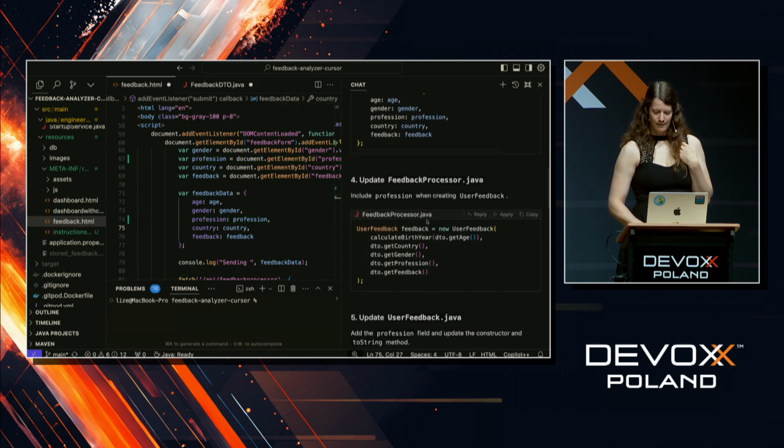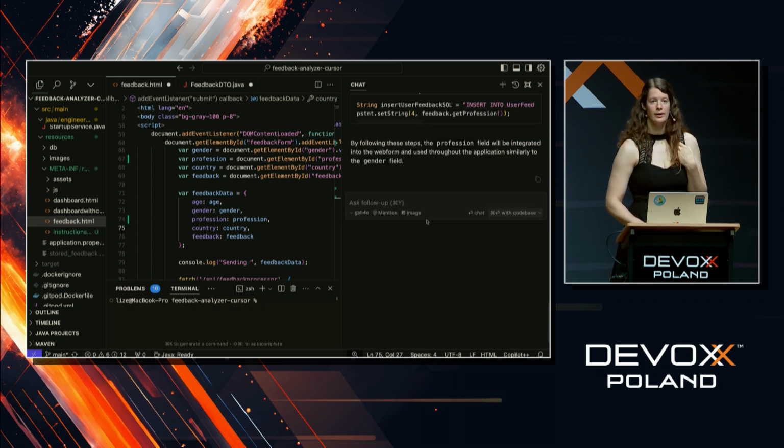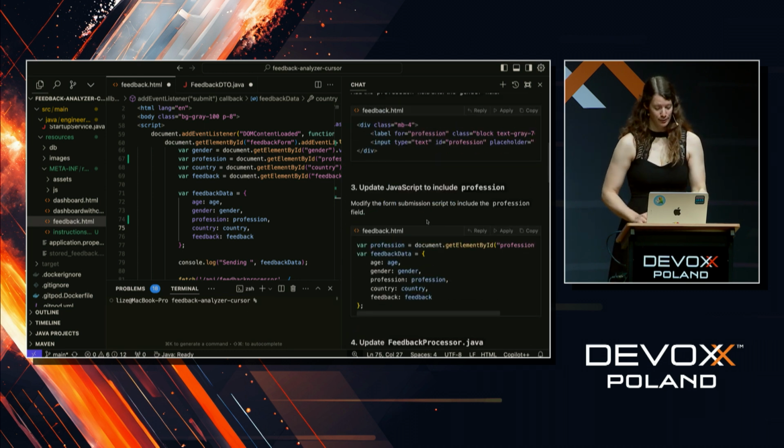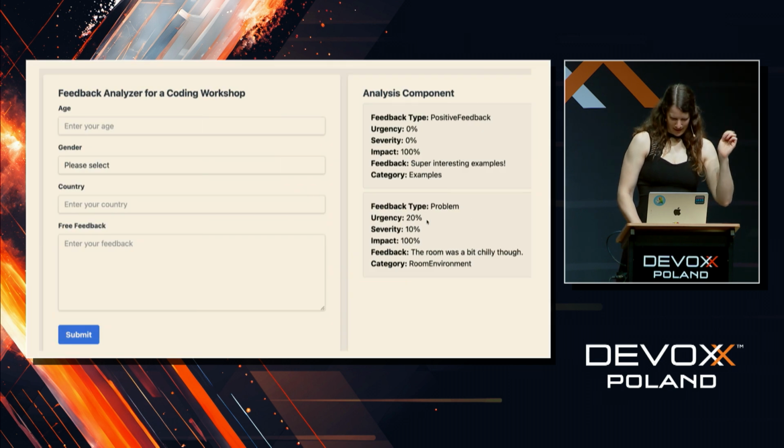So as you can see, it finds all the places where I have to make a change, proposes the changes, and I can just apply. And I find this really, really amazing. Good. So that was Cursor. I've not seen anything work so well as this one.